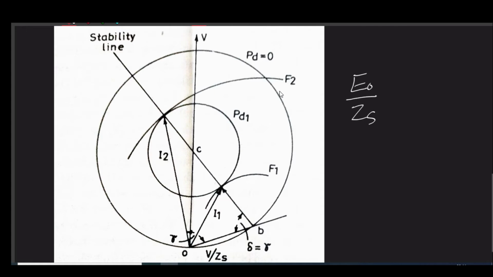This is the length of this line that governs the radius of this F1 or F2. E naught by Zs is equal to, for PD1, we can write V by 2R, that is the length of this one, V by 2R minus plus